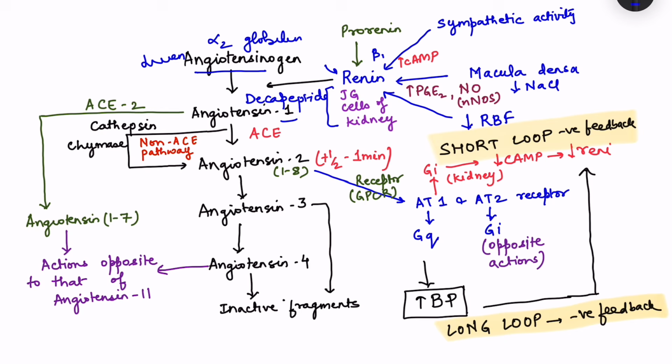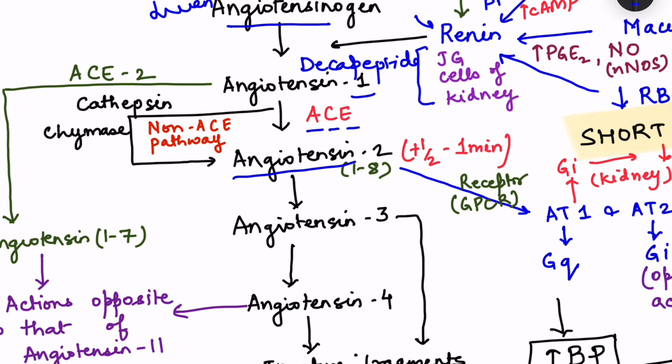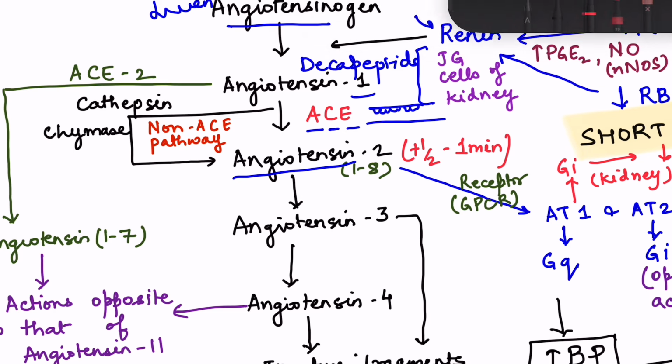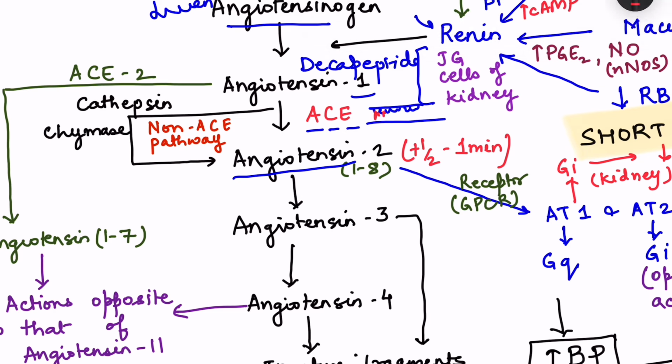Angiotensin 1 is converted by angiotensin converting enzyme into angiotensin 2. Okay, so let me magnify it a little bit. First we'll focus here. So angiotensin 2 forms from angiotensin 1 by this angiotensin converting enzyme. And where is this angiotensin converting enzyme present? It is present in the blood vessel. So if this is the blood vessel, here these are the endothelial cells lining the blood vessels. So on these blood vessels we have this enzyme. It's a transmembrane enzyme which is attached on the apical membrane of these endothelial cells, and whatever angiotensin 1 passes through these blood vessels which are present in the lungs, pulmonary blood vessels,